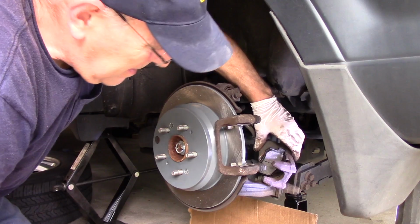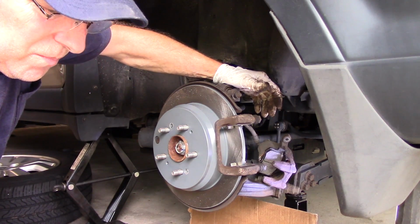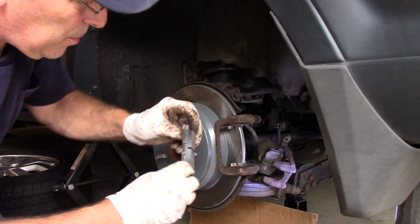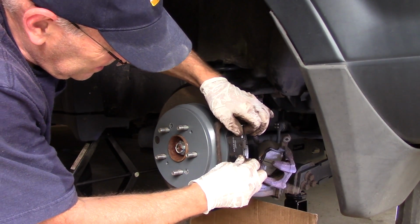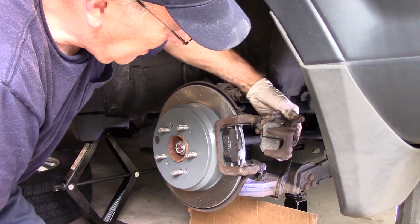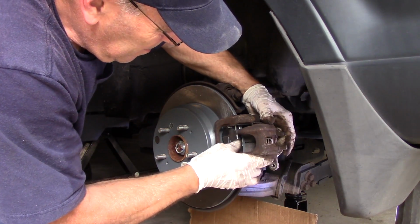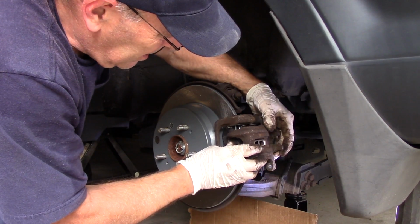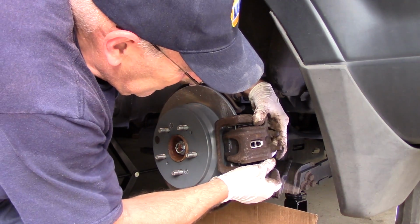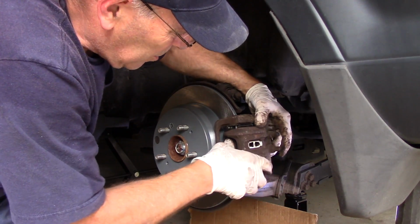Okay. And now we'll take our other brake pad. Remember, you want to keep this as clean as possible. We're going to put it in here like this, and then we'll take our caliper, and we're going to slide it over the top like that so it fits nice and freely. Okay? But before we do that,